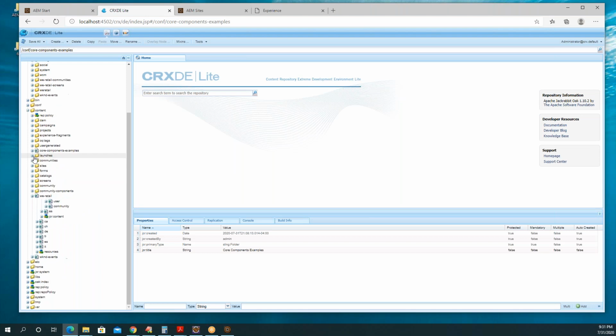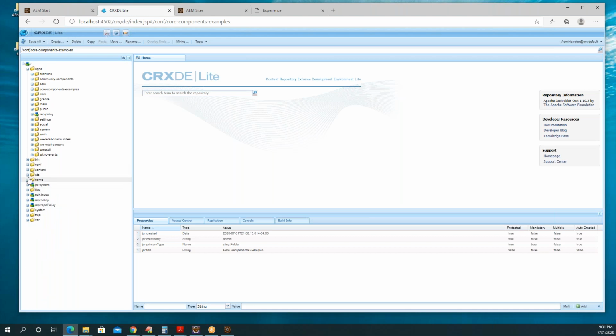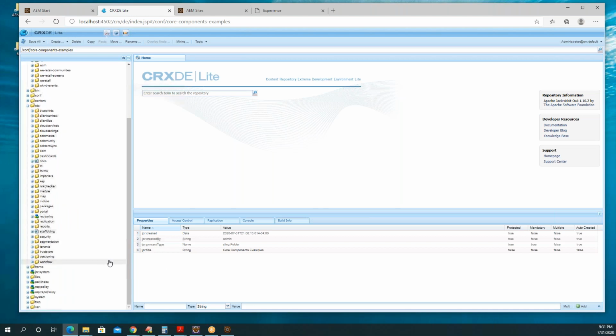And the content. Okay. So there is another folder called ETC. Go to the ETC folder. So under ETC, you will not find the designs folder now. Okay, they have removed it.